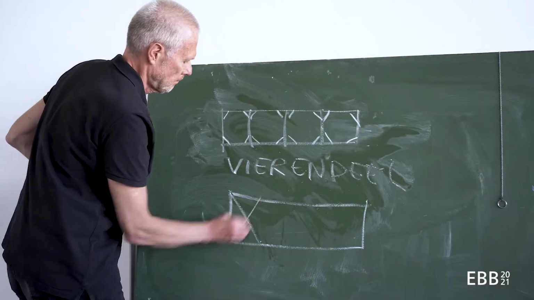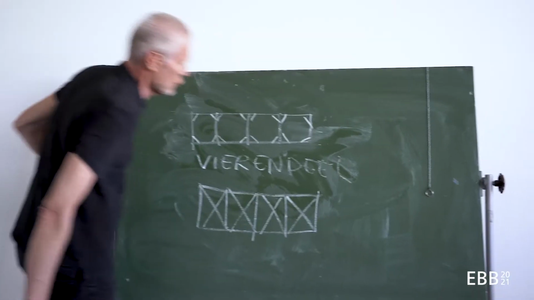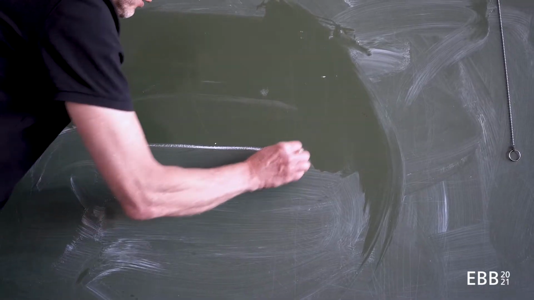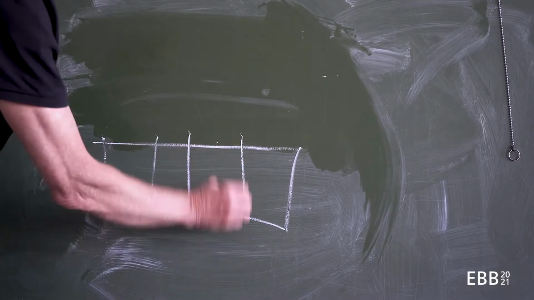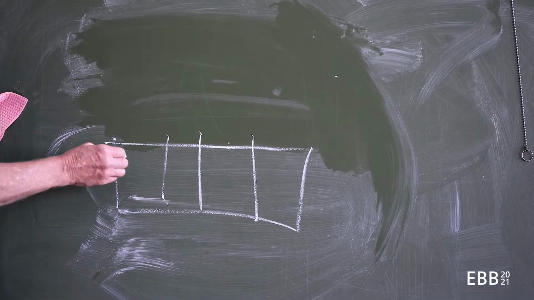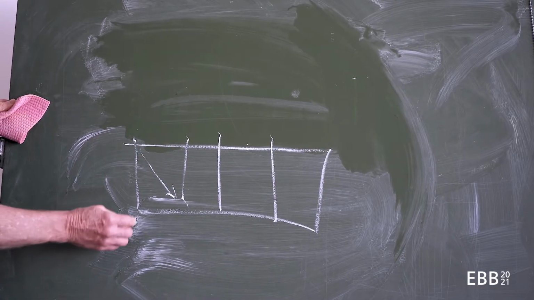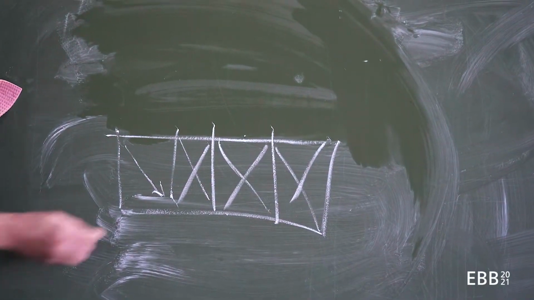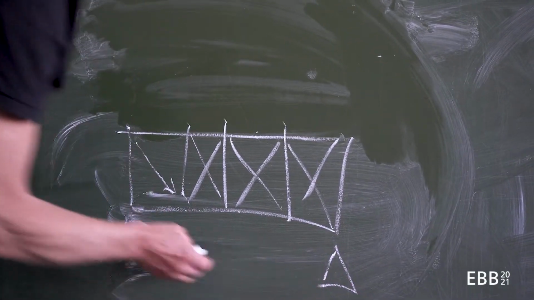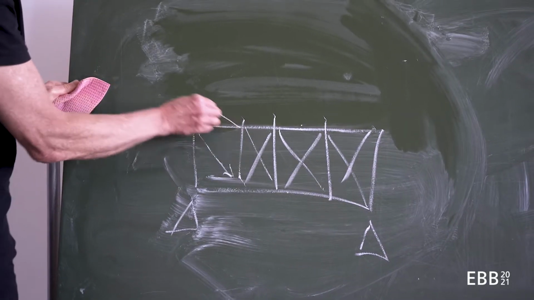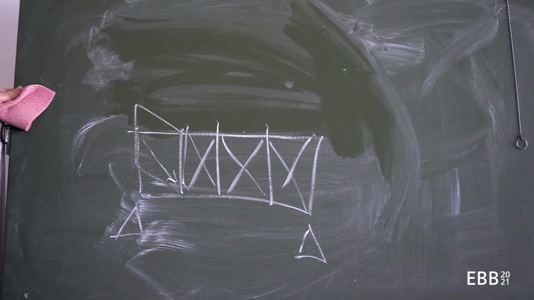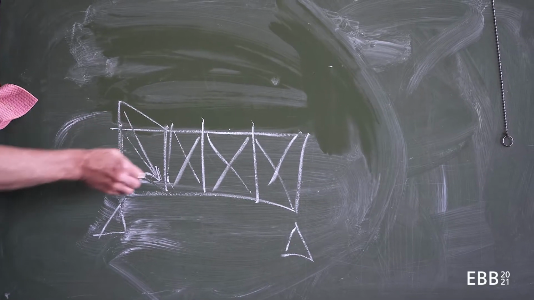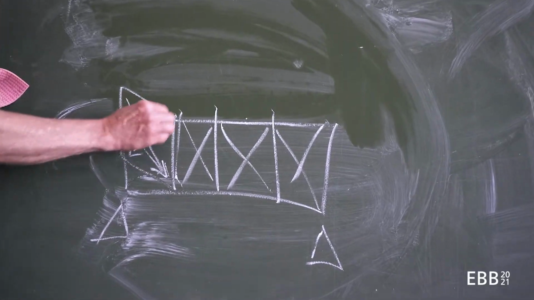So I want to find out which one of these diagonals are charged in compression and which ones are charged in tension. So if we have our systems, and I want to know how this diagonal here is solicited, I could take this as being stable, and what would happen then? This would stay stable, and this one here would transform into a parallelogram. And this parallelogram would mean this is getting longer, so that means tension. This is getting shorter, this would be